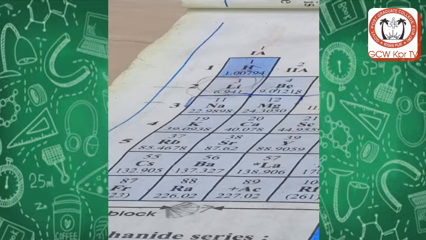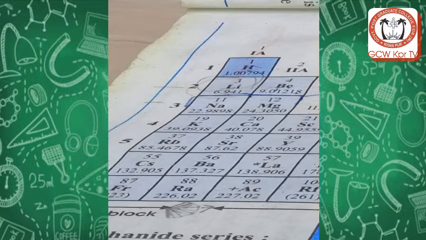In our previous lecture we discussed the periodic trends of the periodic table, and our discussion was incomplete. Today I am completing my discussion about the features of the periodic table. We already discussed groups and periods of the periodic table, and today we will discuss some blocks and families of the periodic table.